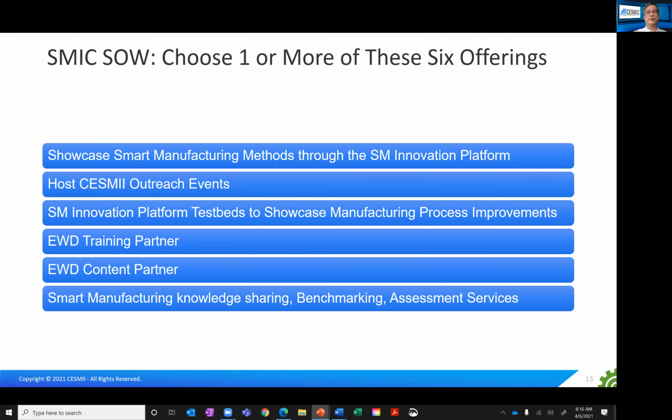So there's training on how to use the platform, but equally important is to use the platform as a tool to engage a member on where they're at in the smart manufacturing journey and help them get to the next phase of their smart manufacturing journey. So helping them fully understand the benefit, value, ROI, and smart manufacturing ideation processes around the problems they're trying to solve on the manufacturing factory floor, and how smart manufacturing can help solve that problem. And since the SMIC is a subject matter expert in a given vertical, they provide that expertise leveraging the platform